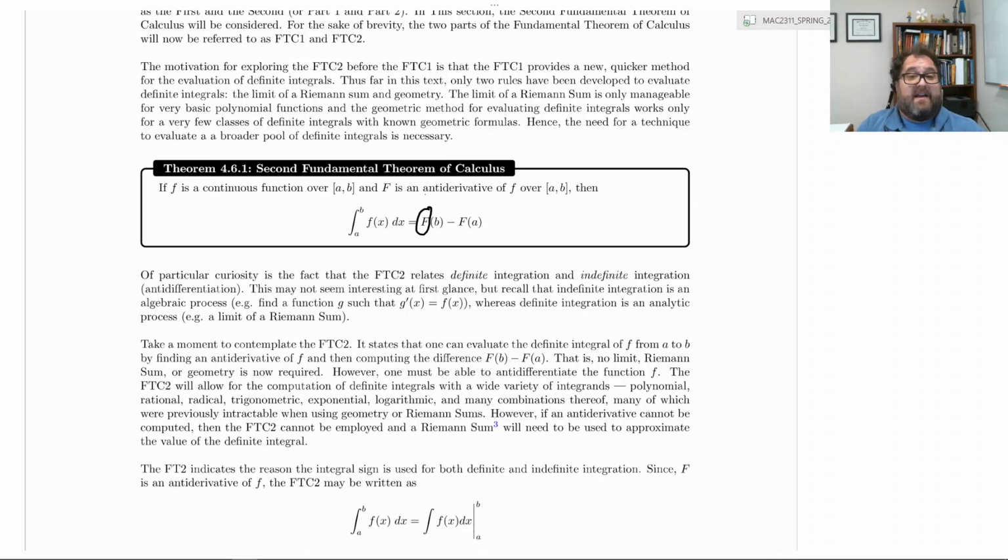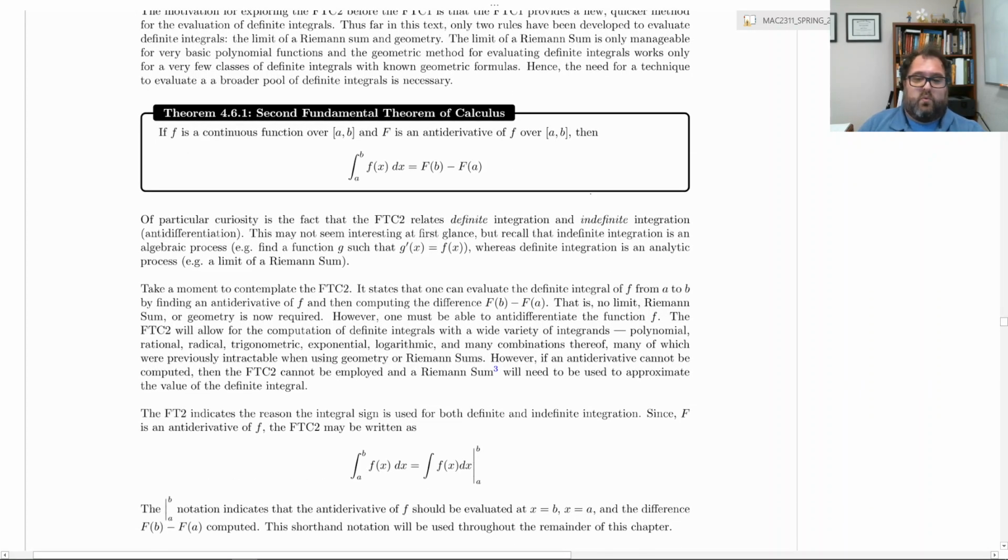And if you can't find an antiderivative for whatever reason, then you're stuck with a Riemann sum, or you're stuck with geometry, because you have to be able to find an antiderivative to apply part 2 of the fundamental theorem of calculus. I'll oftentimes abbreviate it as FTC2, fundamental theorem of calculus, part 2. Okay. By the way, you might recognize perhaps why we